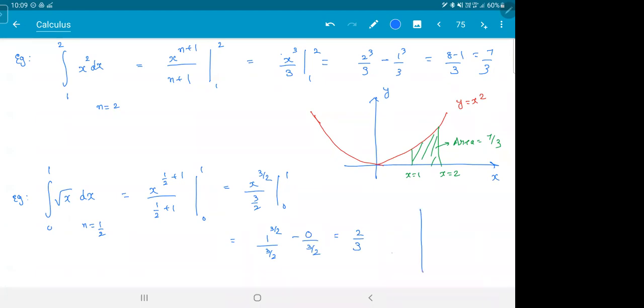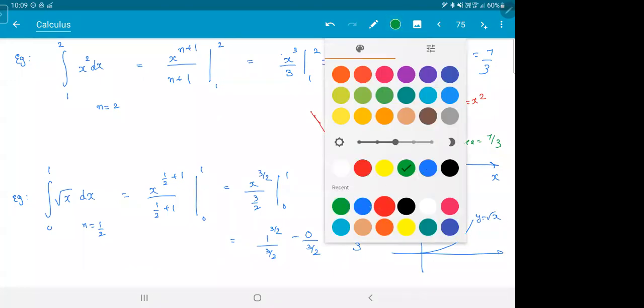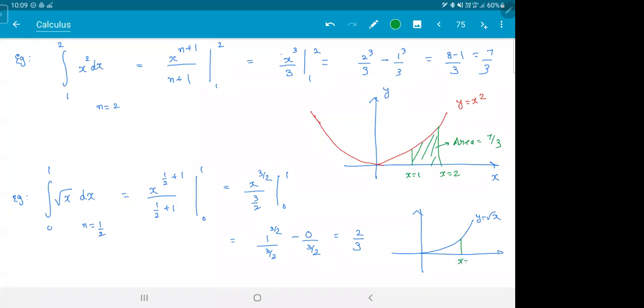What is the meaning of this? Similar. This is y is equal to root x. So you are asking for the area from x is equal to 0 to 1. This area is 2 by 3. So you're actually able to find the area under the curve using this method. This thing theoretically is perfect. If you use a computer to calculate integrations, you'll always get small errors because computers can't take dx tending to 0. This is the meaning of this.